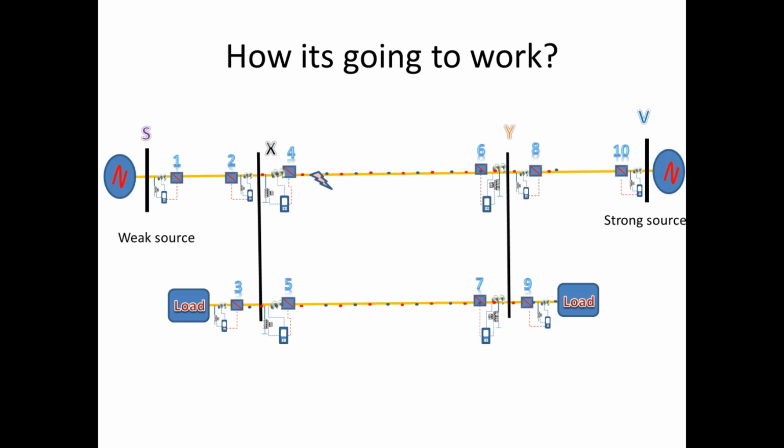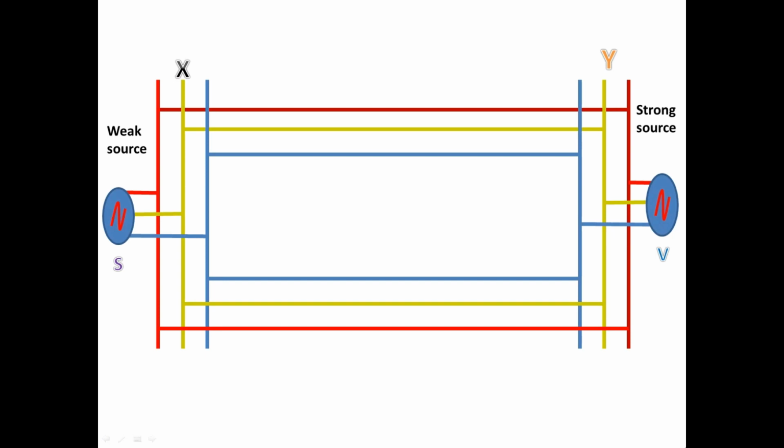These are the possible ways for the current flow towards the fault region for this particular fault. We'll see a little deeper how this current path is going to form. For this I am going to take a 3-line diagram. In this 3-line diagram I have shown the X bus and Y bus, and the Y bus is connected with a strong source, the X bus is connected with a weak source.